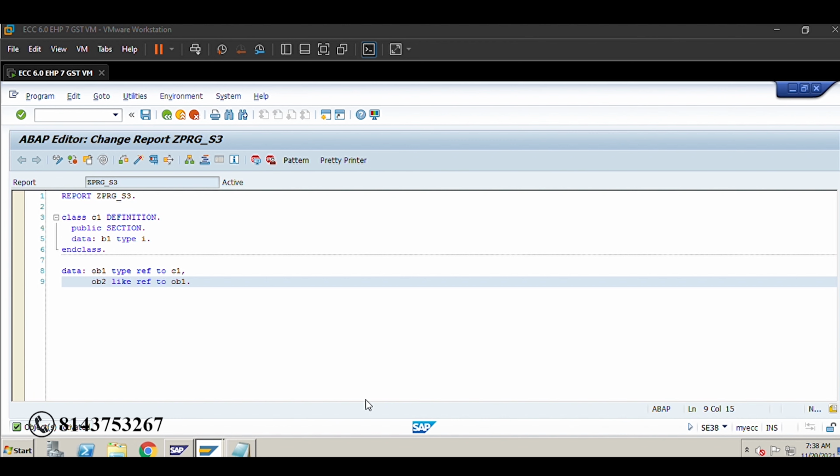If it returns value 4, it means warning. So whatever value SY-SUBRC returns, it indicates whether the previous statement was executed successfully or got an error or warning. So these are the three values which will be returned by SY-SUBRC.